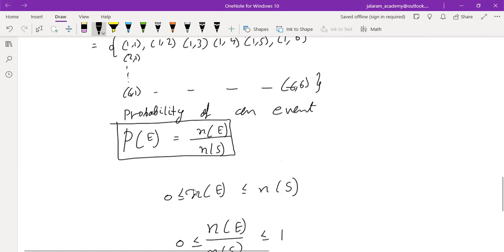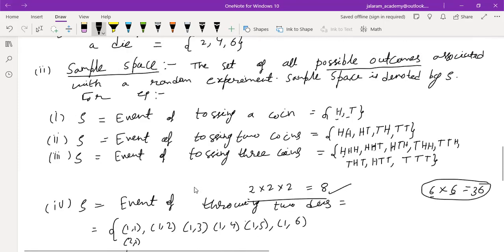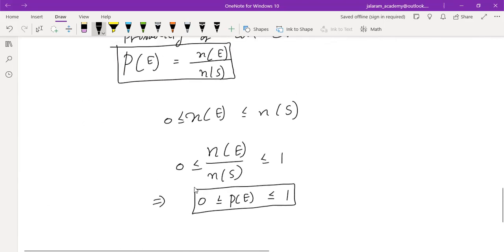So this is the simple discussion of the axiomatic approach. And in the next session, we will discuss how to solve questions using the axiomatic approach to probability. As this session is about to